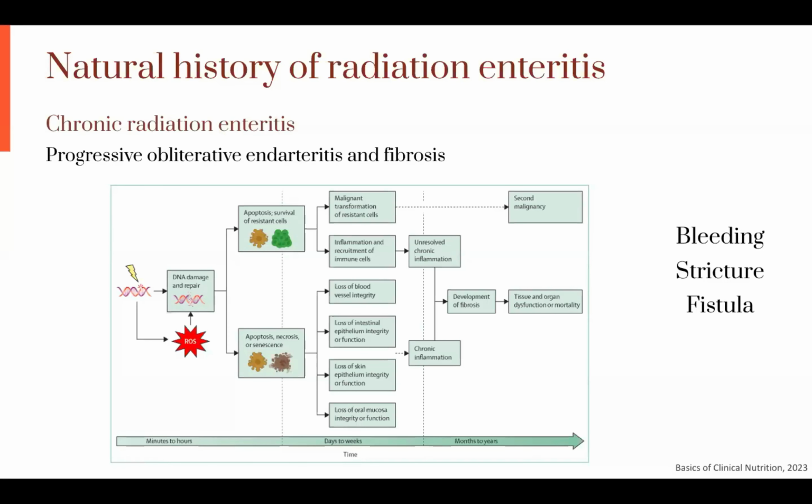leading to progressive obliteration of the end arteries and fibrosis. That's the mechanism of chronic inflammation, or chronic radiation enteritis, that will happen later down the line, even when the radiation was given several years back. This will lead to the complications of radiation enteritis, that is bleeding, strictures, and fistula formation. So if a patient presents late after radiotherapy with the clinical features, we have to remember it can be chronic